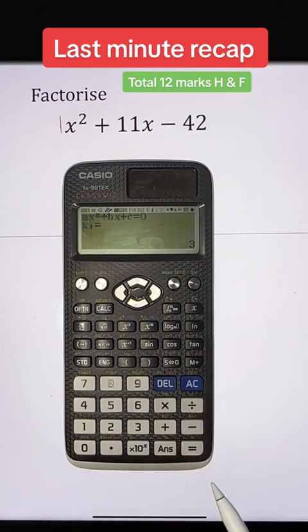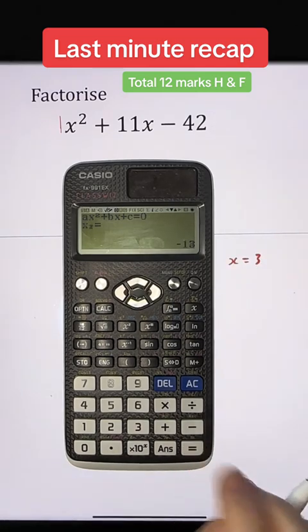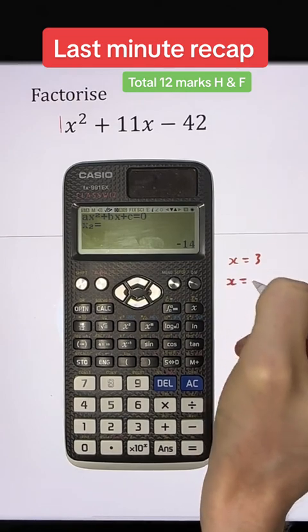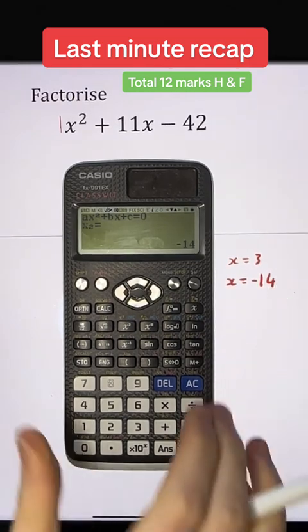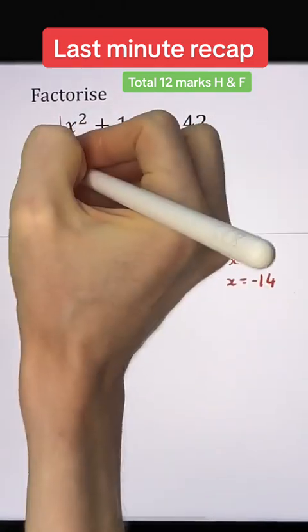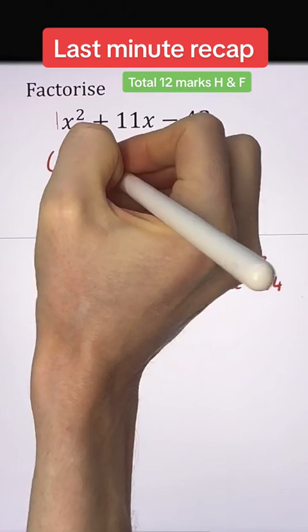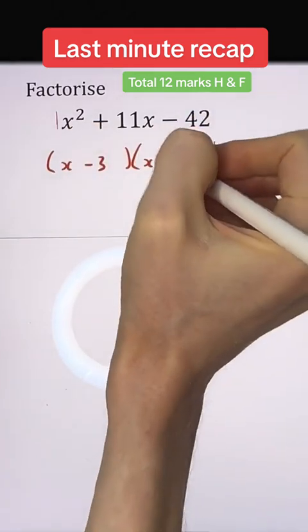One value of x is x equals 3. Press equals again. And the other value of x is x equals -4. That's solving. As we're factorizing, we can now go back, open our brackets, double brackets. We always put an x in each bracket. And now we always do the opposite. So the opposite of +3 is -3. Opposite of -14 is +14. So